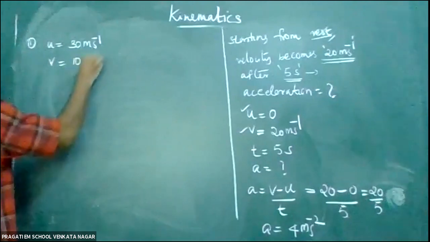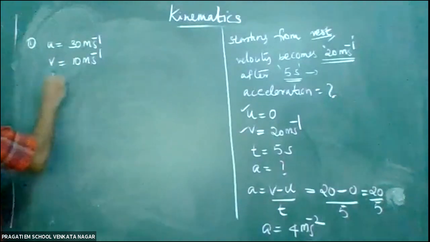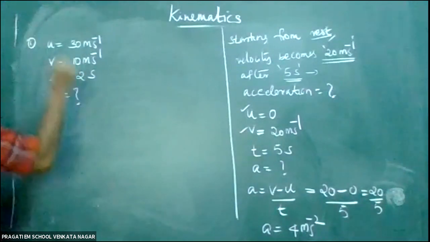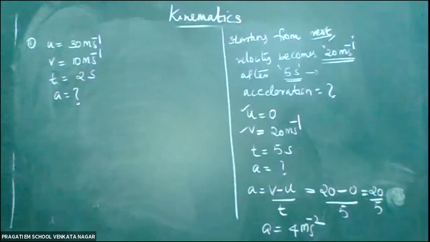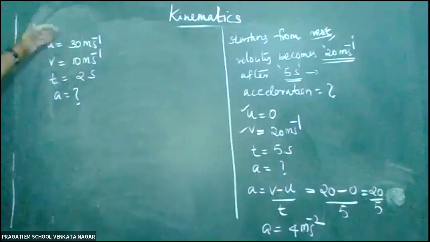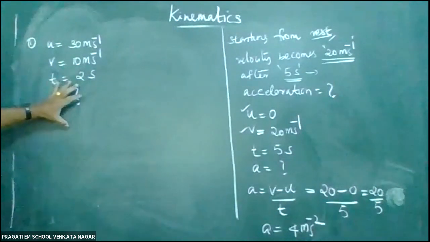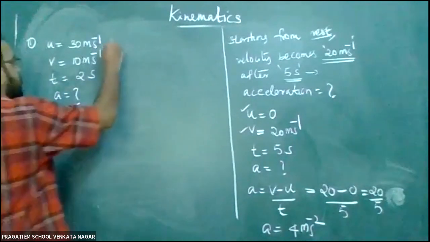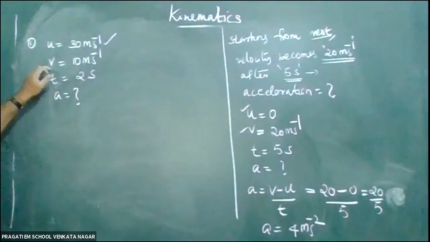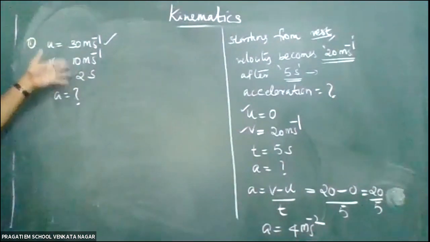to 10 meter per second, and time is equal to 2 seconds. What is the acceleration? So here, I directly gave you the observations. u is equal to 30 meter per second, v is equal to 10. See here, the velocity is decreasing. So what will be the answer? You do it